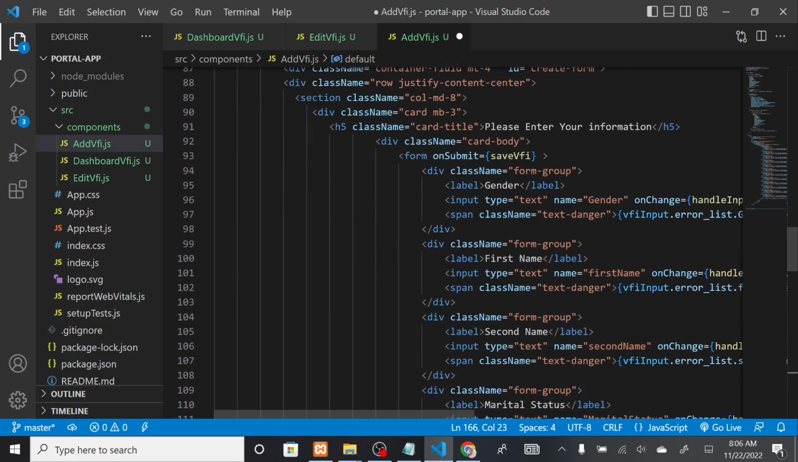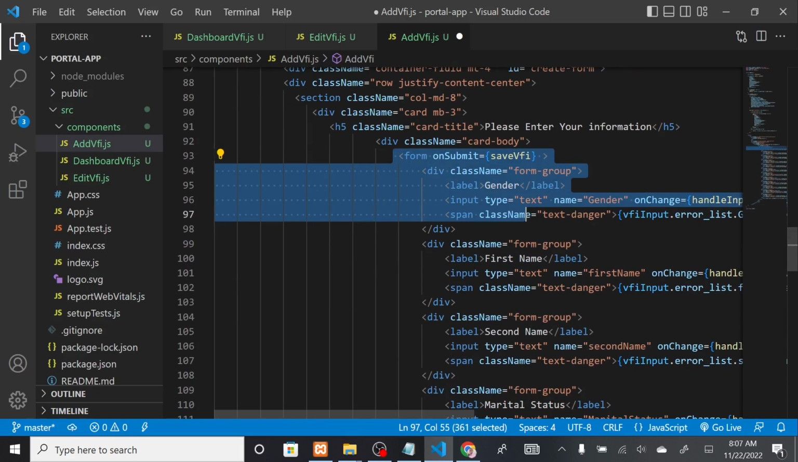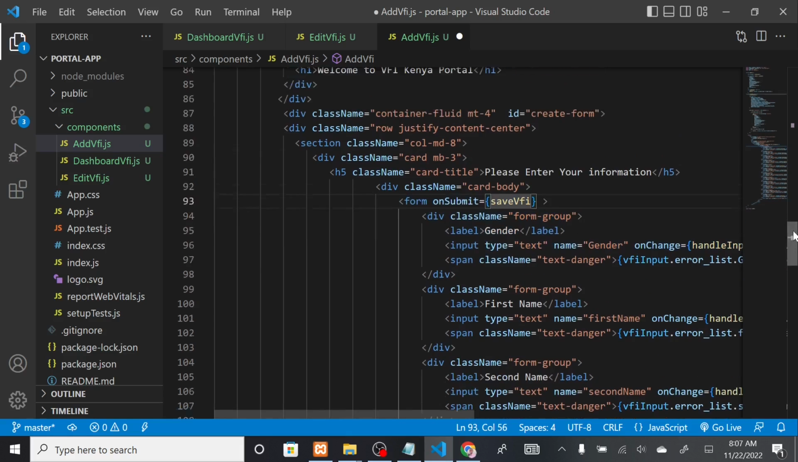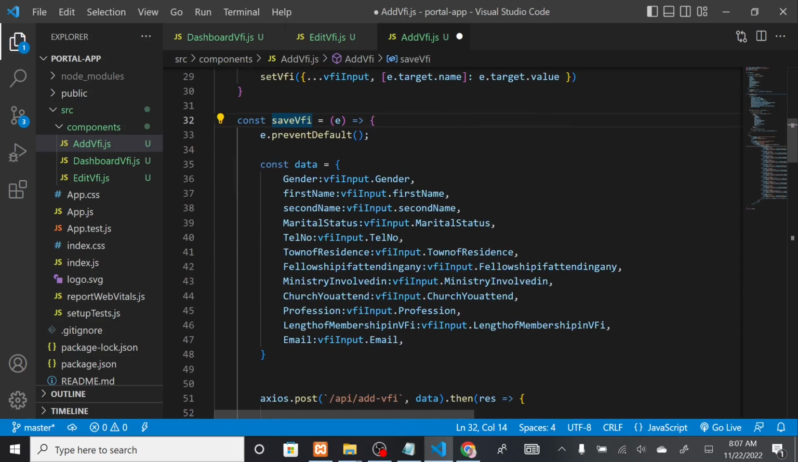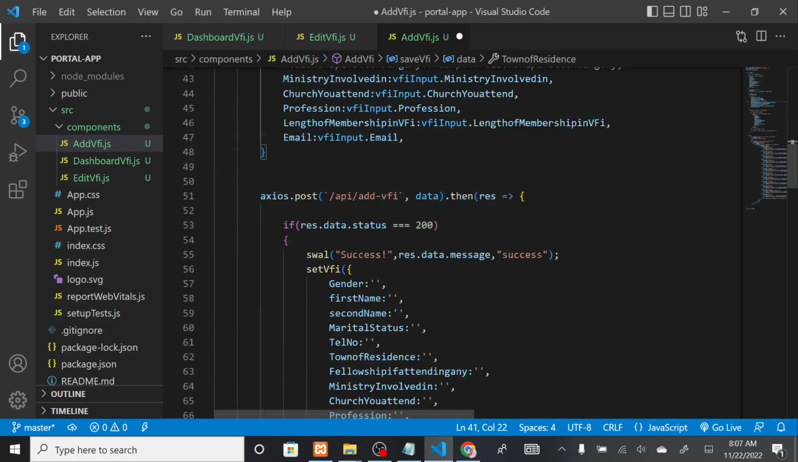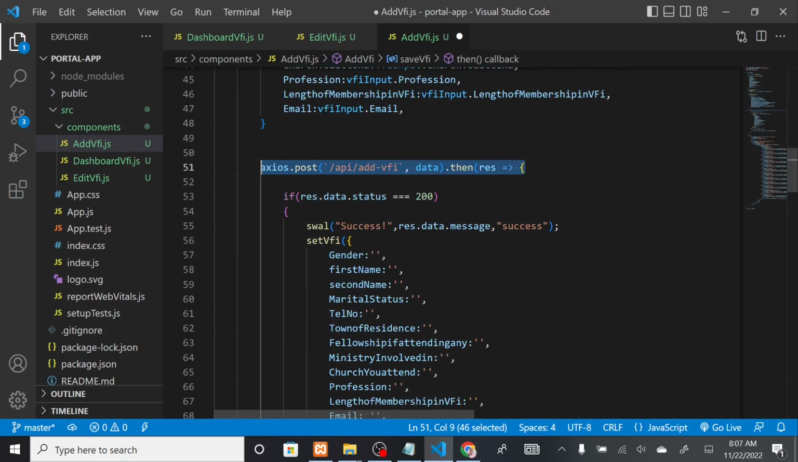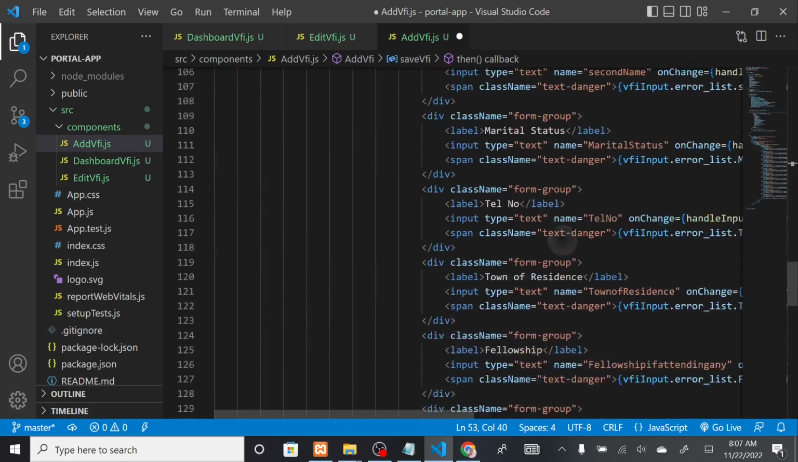Then I have a form here. This form has a function that is defined, which is save VFI. So where do we find save VFI? Save VFI is found here. You can see here we have the const save VFI, and it is an event. Basically, once the user has inputted his data, it will save the VFI here, and this const data will capture all the inputs. The inputs are then submitted to a backend through the API here, whereby I'm using axios.post to post the data to the backend,